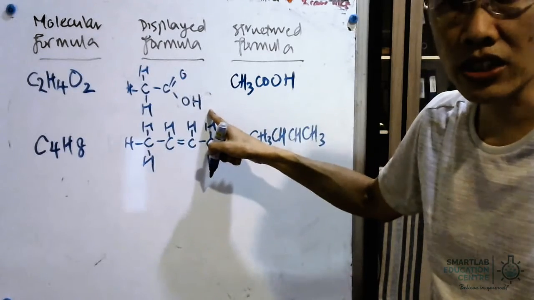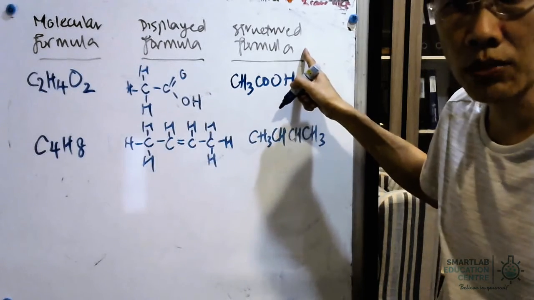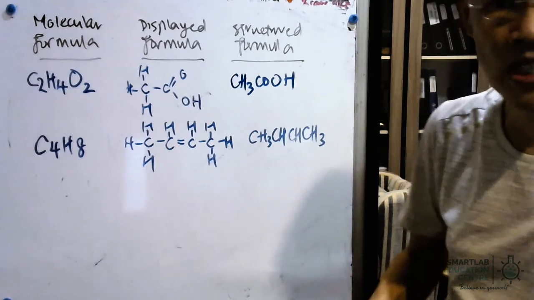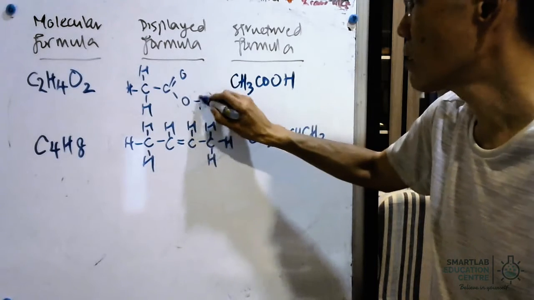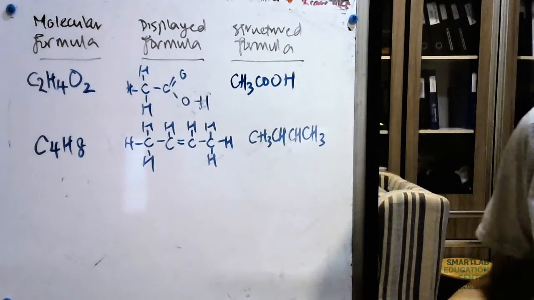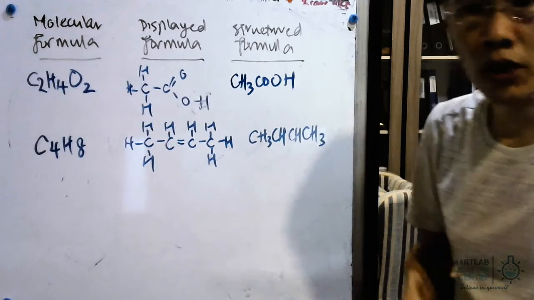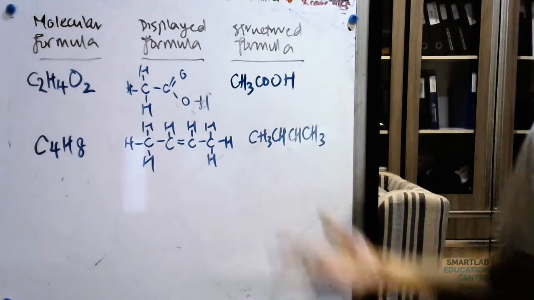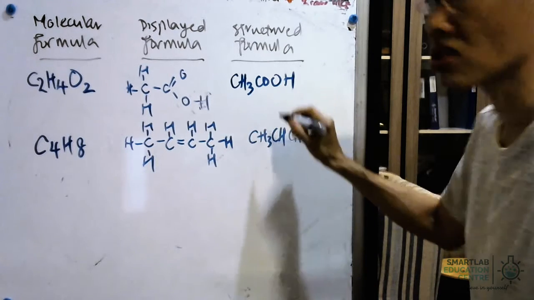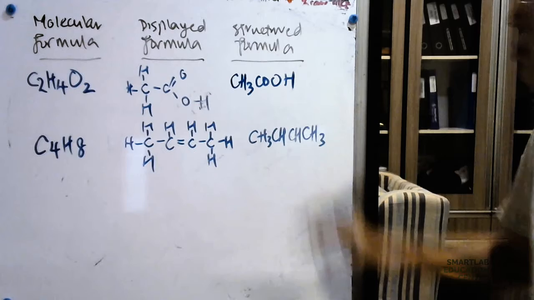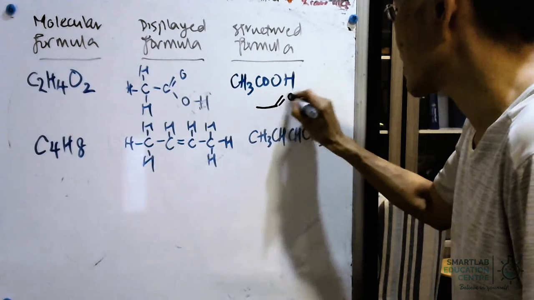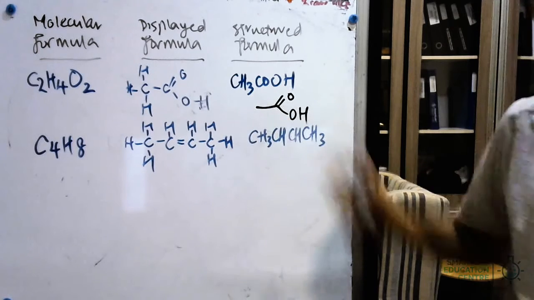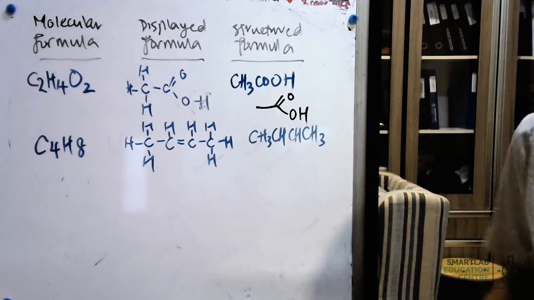This then becomes what we term a structural formula, because it depicts the structure, not the displayed formula, as displayed formula requires you to show every single bond between the atoms, and the bonds may be single or double or even triple. So this is a structural formula. As an alternative way of displaying the structural formula, you could use line structures. Remember earlier we discussed line structures. In this case, the line structure will be this. This point here is your CH3 representation, and this just represents your carbon.